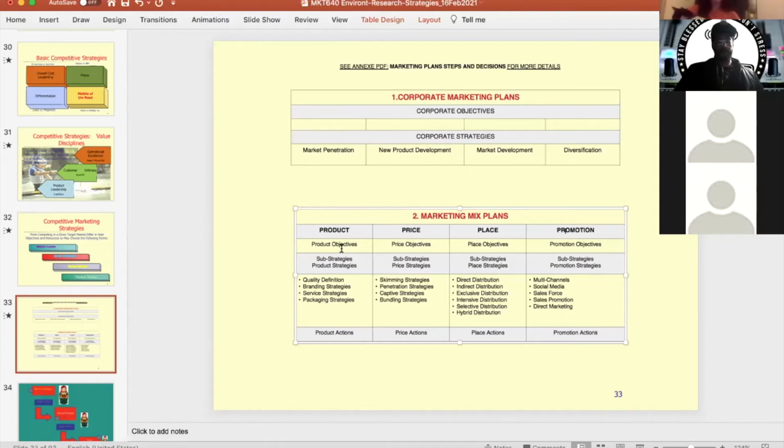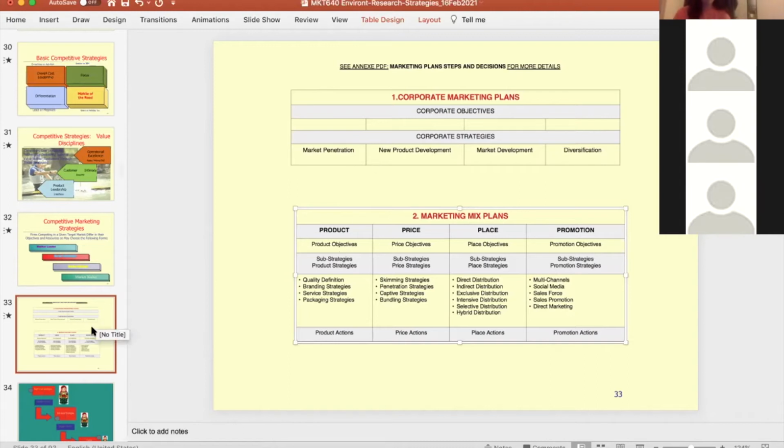Strategy, sub-strategy. How many sub-strategies do we have? Well, we're going to have at least one for each one of the P, since there's 4. So how many corporate strategies does a company have? What's the minimum? 1. What's the maximum? I don't know. It's a combination. If you have too many combinations, then it's a mess. But it could be 2, 3, 4, 5. How many sub-strategies do they have? At least 4, because there's 4 Ps. Okay. Do you have any questions?